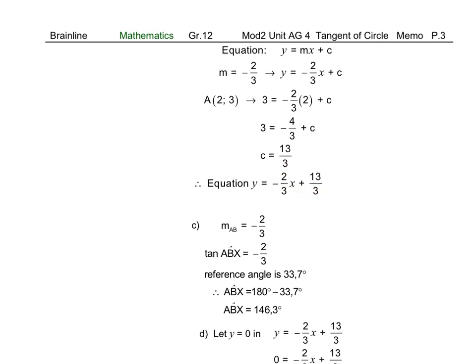Therefore, my equation of my tangent is y equal to mx, m being minus 2 over 3, plus the c value, 13 over 3. Question 4c includes a little bit of analytical geometry where we have to work out the inclination angle. Now we already know that the gradient of AB is equal to minus 2 over 3, and therefore I can say that tan theta is equal to the gradient, minus 2 over 3. Now remember, when we work out a reference angle, we use shift tan. With only the positive value 2 over 3, we ignore the minus for a reference angle. So if we enter on the calculator, shift tan in the brackets, 2 over 3, close the bracket, press equal, it will give us the reference angle of 33,7. But since we are working with an obtuse angle, we have to subtract the acute angle 33,7 from 180 to determine the obtuse angle being